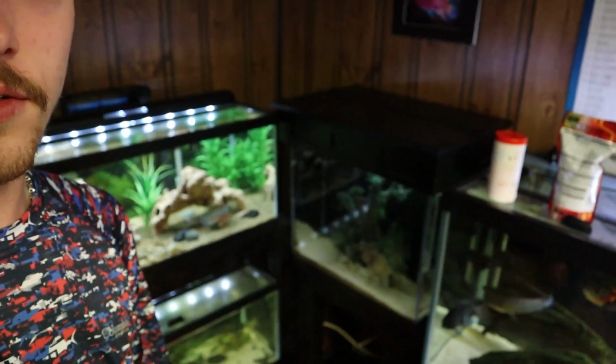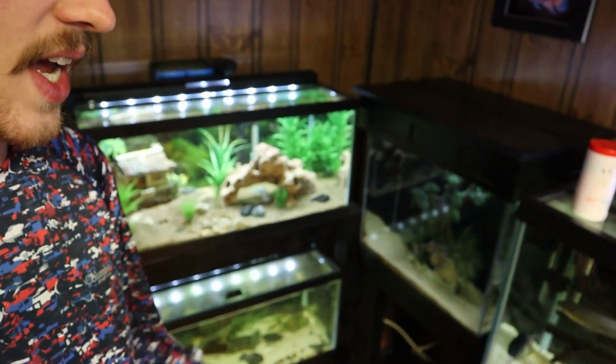But yeah, it just kind of stinks whenever I come in the room and want to look at them. They just all go into hiding. But I just got to hold still for about 20 seconds and then they do eventually come out. And they obviously immediately come out to start eating, and you guys will see that in a second. The main food I've been feeding them every day is a mix of flakes and cichlid pellets. And then I have fed them frozen brine shrimp and bloodworms twice now, and they just attack that stuff as